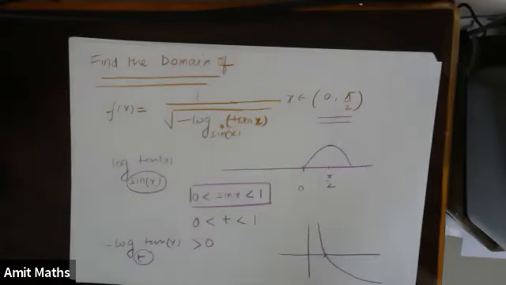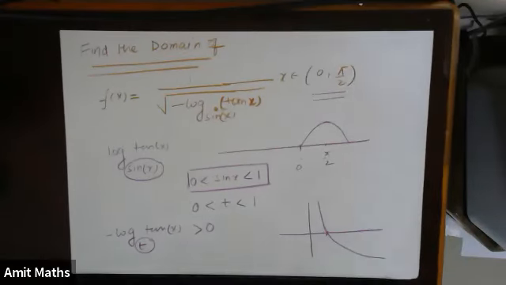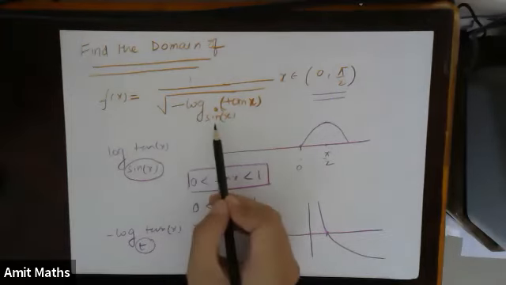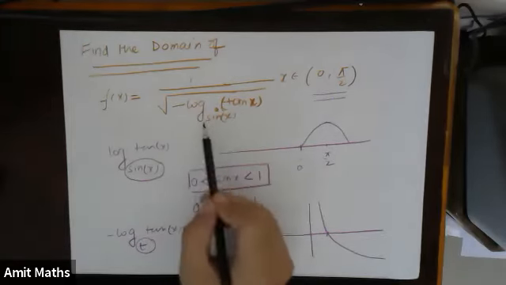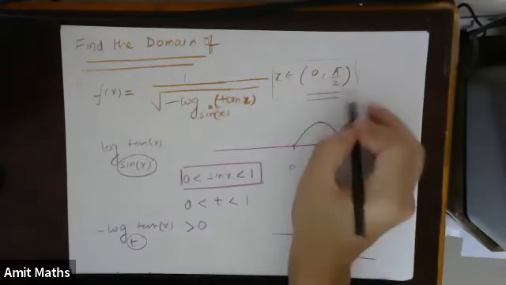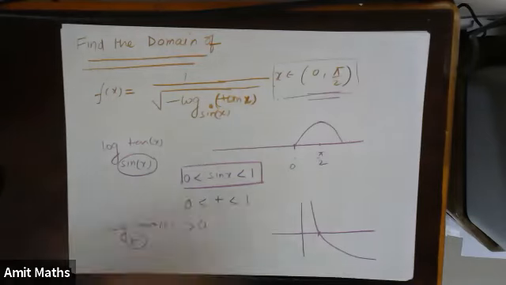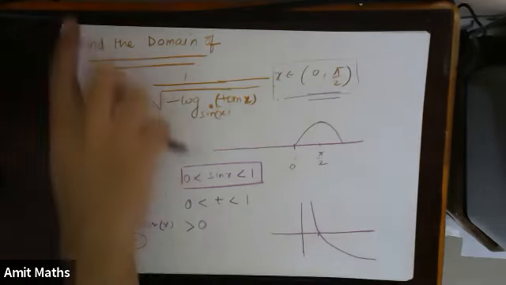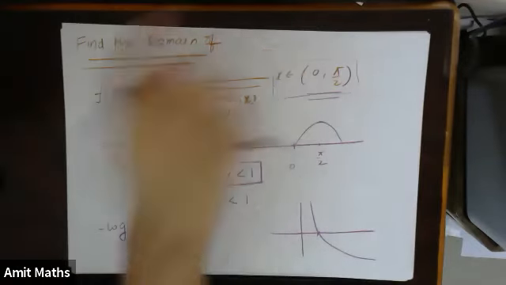This was the original function which was given to us. They have given minus of log base sin x of tan x, and x belongs to 0 to pi by 2. In between 0 and pi by 2 only you have to check. You don't have to check everywhere, just between 0 and pi by 2. So they have made the question a little easier.